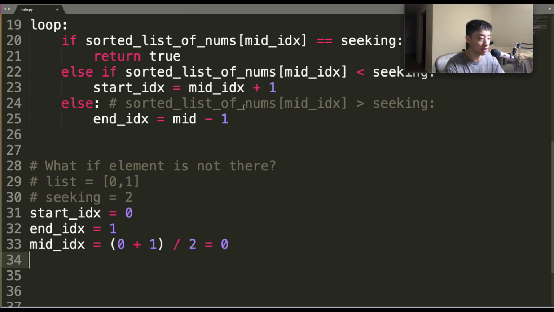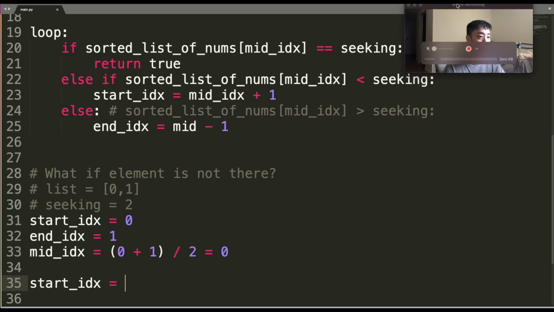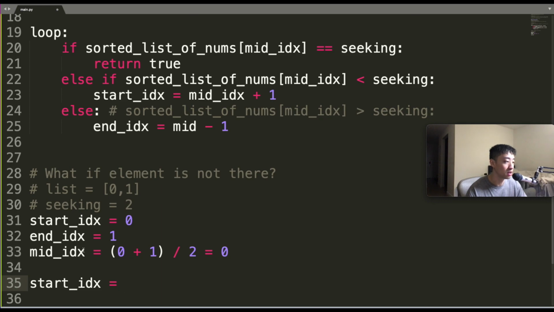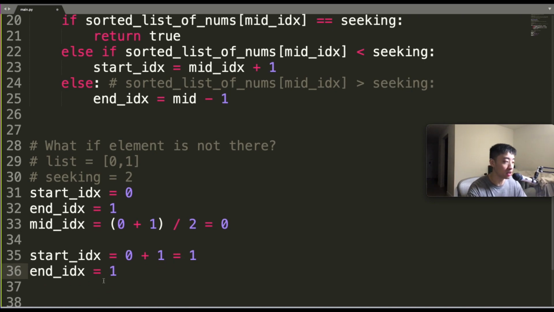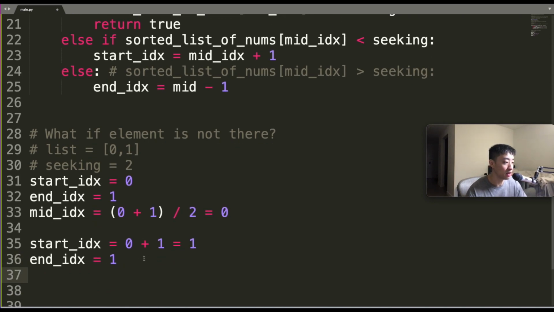Okay, so let's follow this logic according to what we have above. So the middle IDX, the middle element is 0. 0 is less than 2, which means at the next part of the loop, the start index is going to be, according to our logic up here, is less than seeking, right? So that means start index is mid IDX plus 1, which is 0 plus 1, right? And the end index doesn't change, right? Because we're only narrowing the element from the start index, right? So now